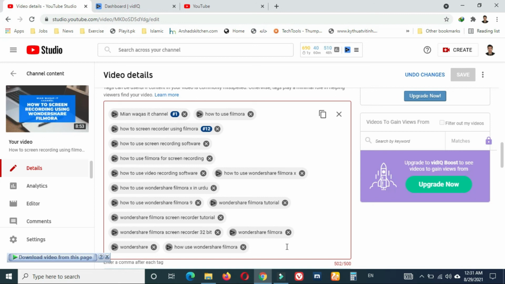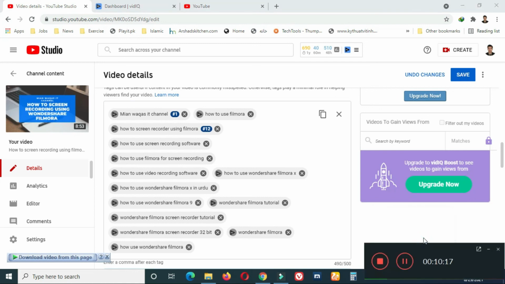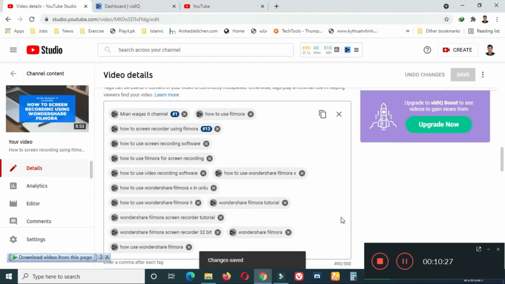Now we are cutting this title. Underscore only. Now you can see 490 words, in between 500, and now you can click on the save button. This is best for updating video thumbnail.